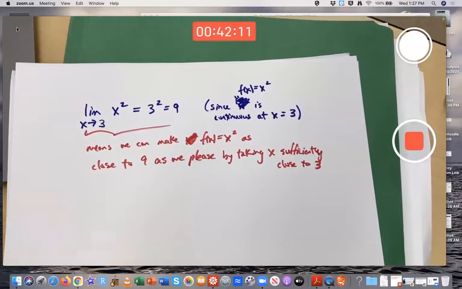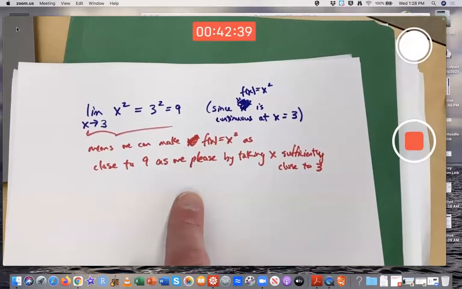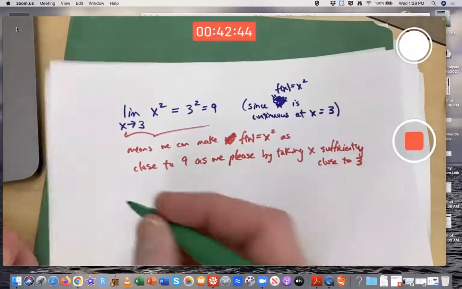There is a more precise definition describing this, including in the book, involving some Greek letters, an epsilon and a delta. It's on page 59. And what I'm about to talk about here right now is related to that, but I'm not going to get as fancy as the book is. I just want to help you understand this at an intuitive level. Right? Trying to ask and answer some questions here. For example,